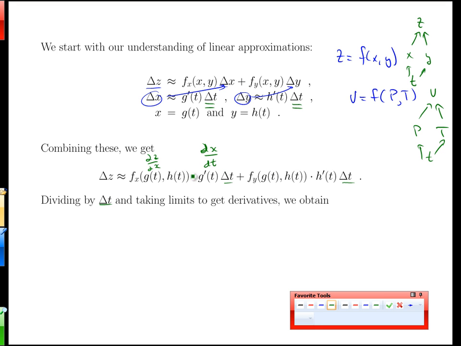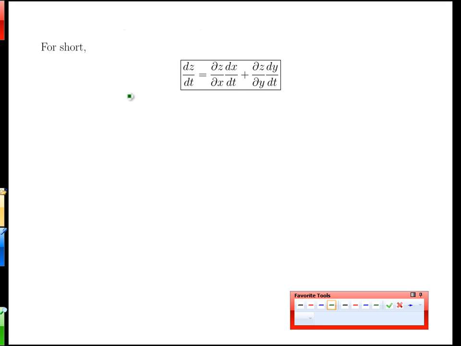What we're going to do is take this relationship and just divide everything by delta t. So bring the delta t over here. And that, if we let delta t go to 0, is going to be yet another derivative. And it's going to tell us that the derivative of z with respect to t is the partial derivative of z with respect to x,